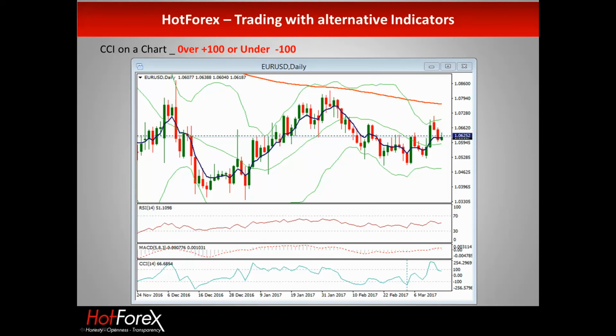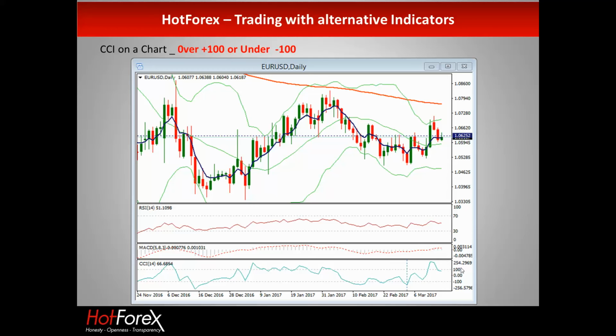Okay, so over plus 100 or under minus 100. Here we have the EUR/USD on the daily chart from earlier today. We see the CCI down at the bottom. I'll come on to the settings in a minute, but this is the standard setting. It comes out at 14 on the